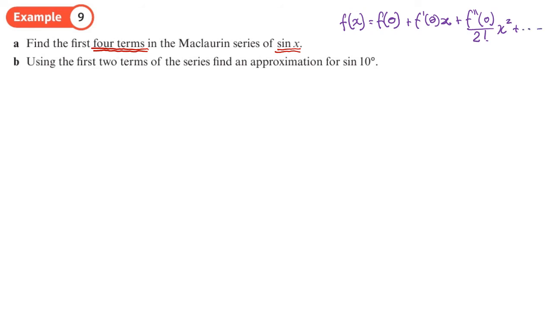So we can work out the rest. So the first 4 terms, so f of x, our function, is sine x. So we'll need to work out what f of 0 is. That's sine 0, and sine 0 is 0. Our first derivative, when you differentiate sine, you get cos